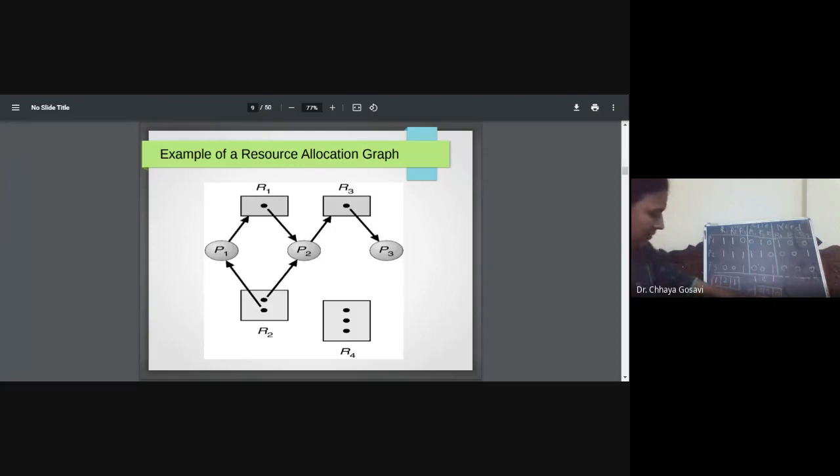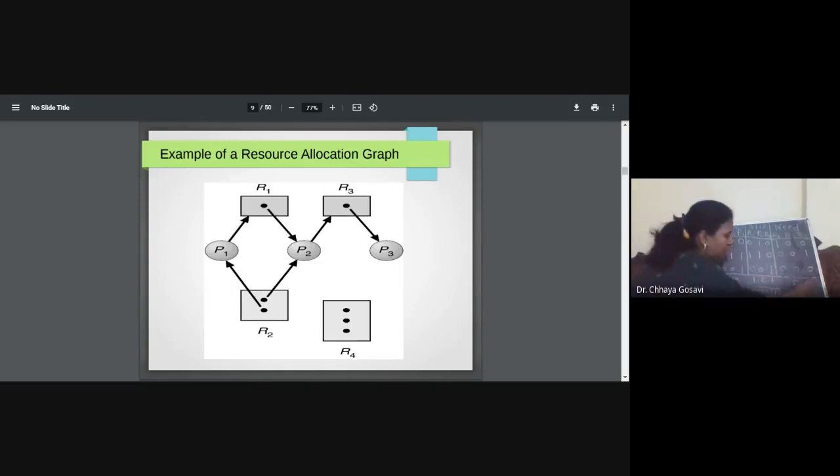So which process satisfies this requirement? Need should be less than or equal to available. So P3 can execute first and release the resource which it held, that is R3. So now R3 is available. Check which process can execute after P3 whose need is less than or equal to available: P2.